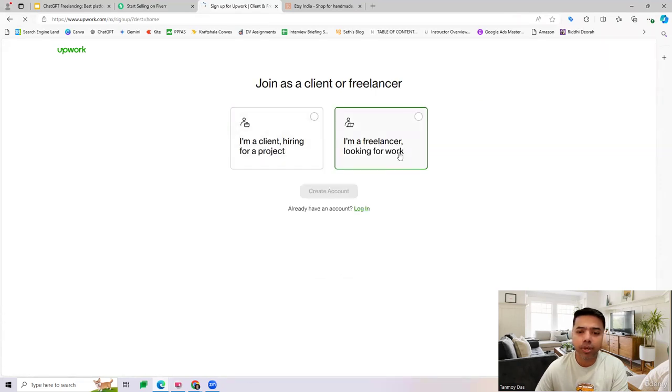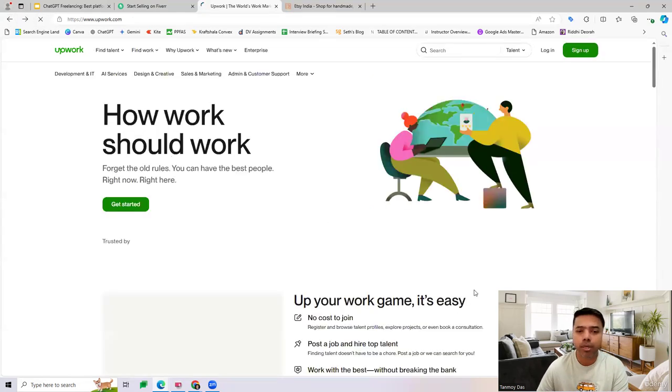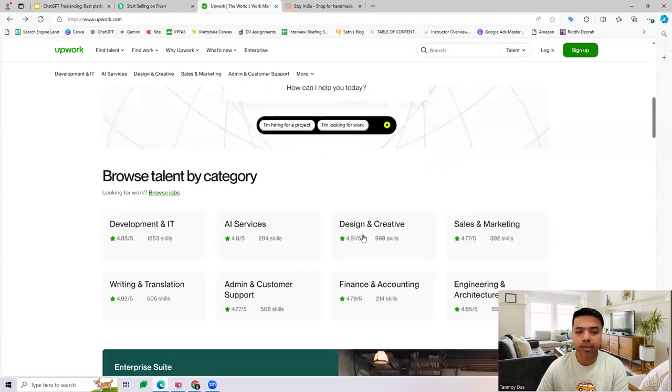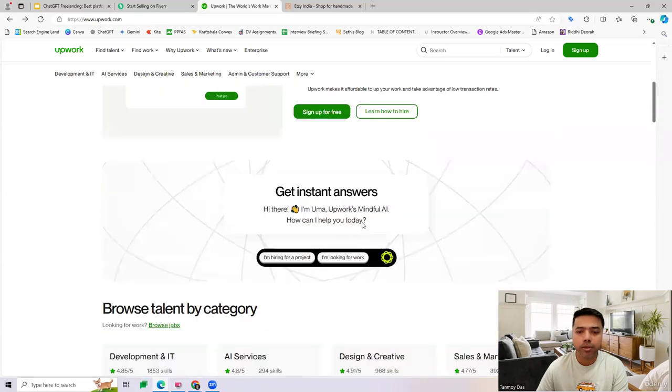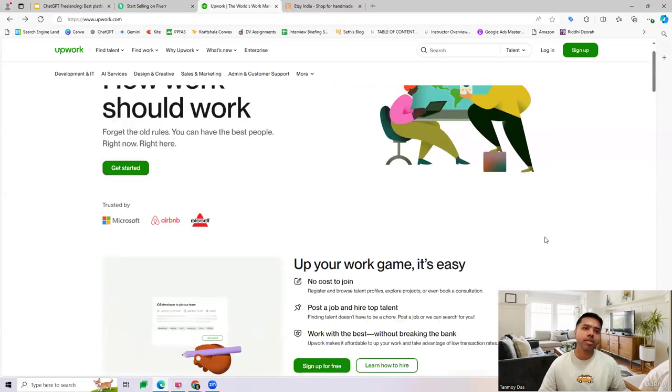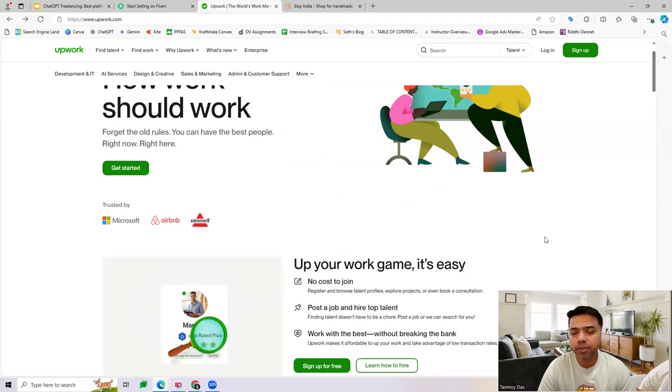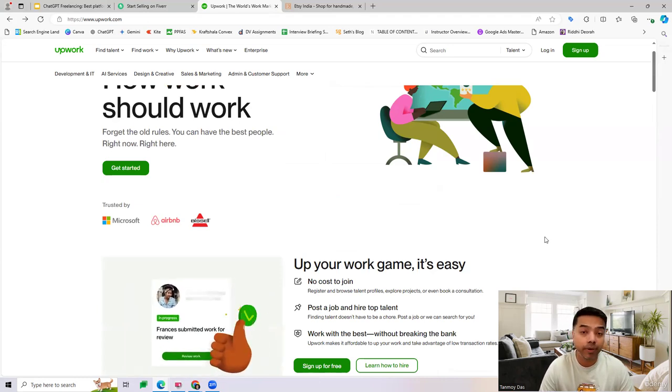You can say looking for work, and then you set up the whole account. And then again, you create a profile describing your skills and expertise. And you can then provide your services, sell your digital products. All that can happen from this platform as well.